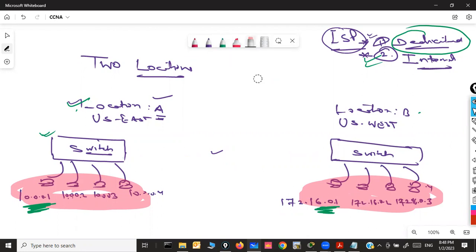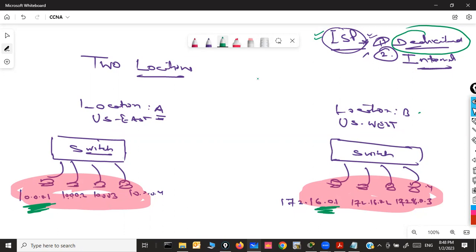Now, let us assume that connectivity-wise we are not bothered about how they are going to be physically connected. Let's say we ask the service provider to provide some leased line connection, or maybe both locations are in the same city, not very far from each other, right? But even in the same city, we still need support from the internet service provider, because we cannot run cable in the middle of the city or any market or place. No, not at all possible, because overhead cable is not possible. They all need to be underground cable, so a lot of work is required, in fact.